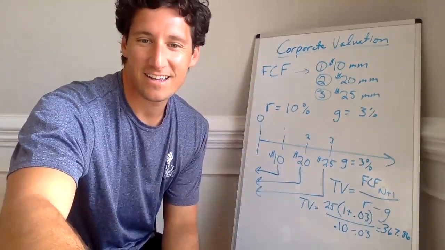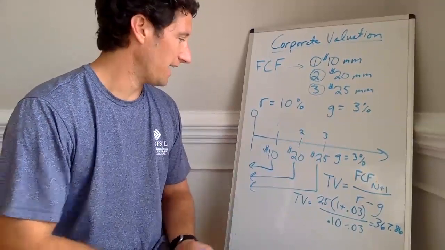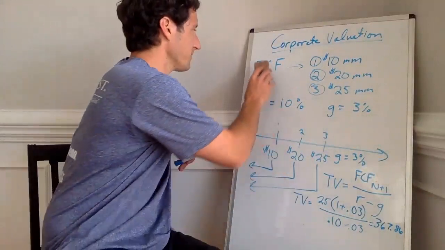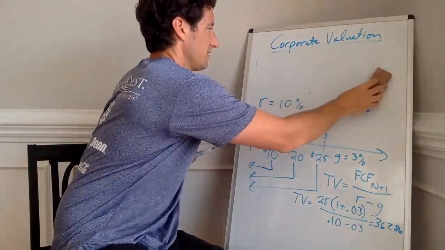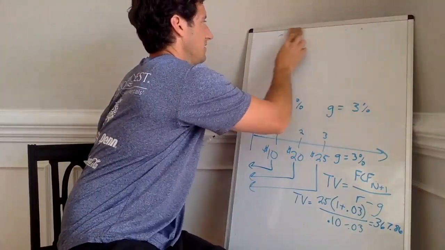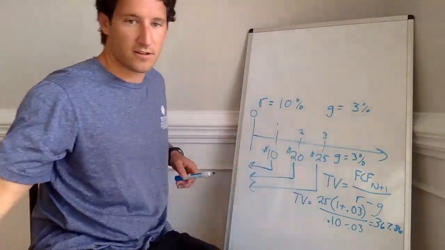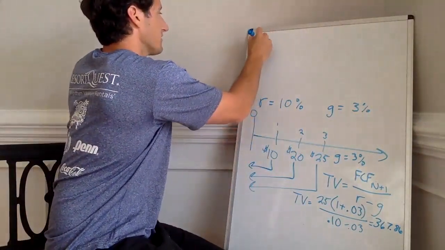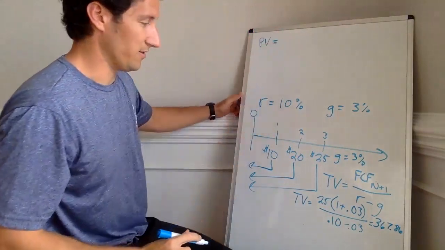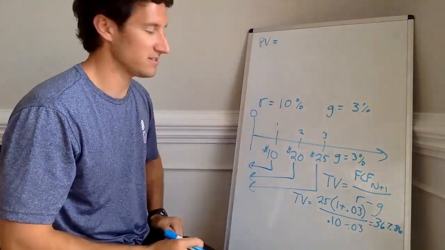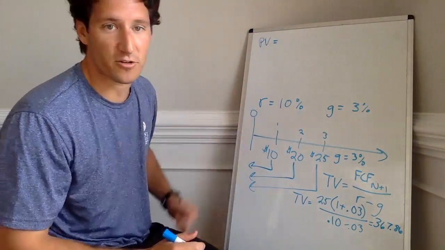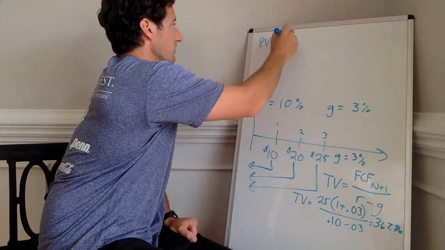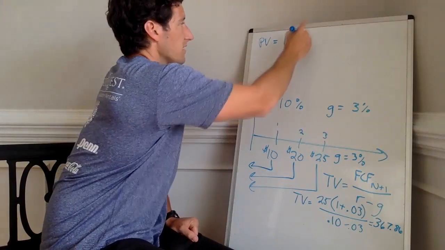Okay, so add each of these up, discount them back, erase the top just to get a little more room. Okay, so this first cash flow is 10 million. We want the present value today. You can solve this using time value of money keys. You can just plug it into the formula, however you want to solve here. But remember, it's going to equal the future value, so 10 million divided by